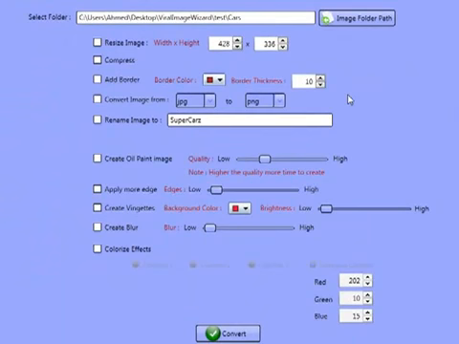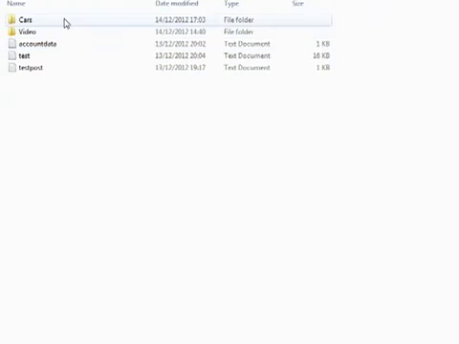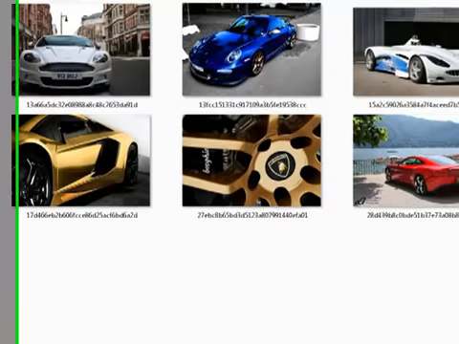And the image modifier tab, guys, it works by allowing you to import a folder. It doesn't work with single images, so if you want to work with only one image, then just make sure the folder that you're importing has only the one image inside of there. So in here we've got a folder that I've already imported. It's called test and cars. So here it is here, test and cars, and as you can see I've got 10 images in here in total,